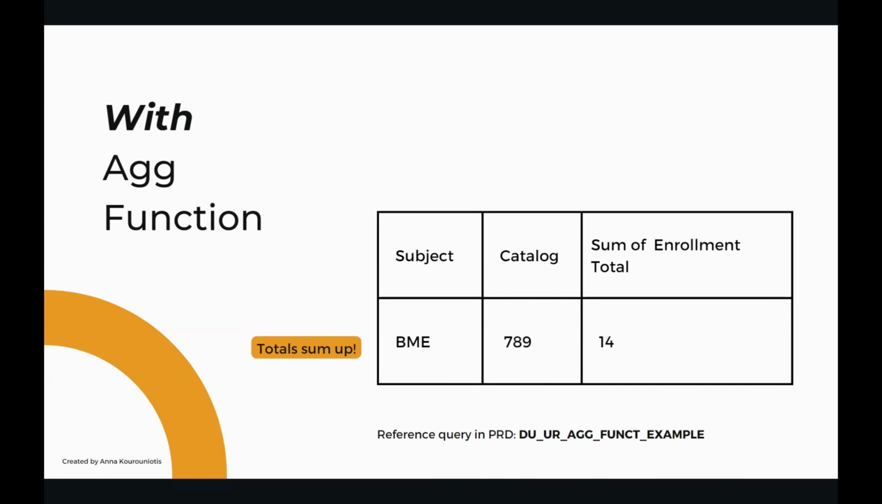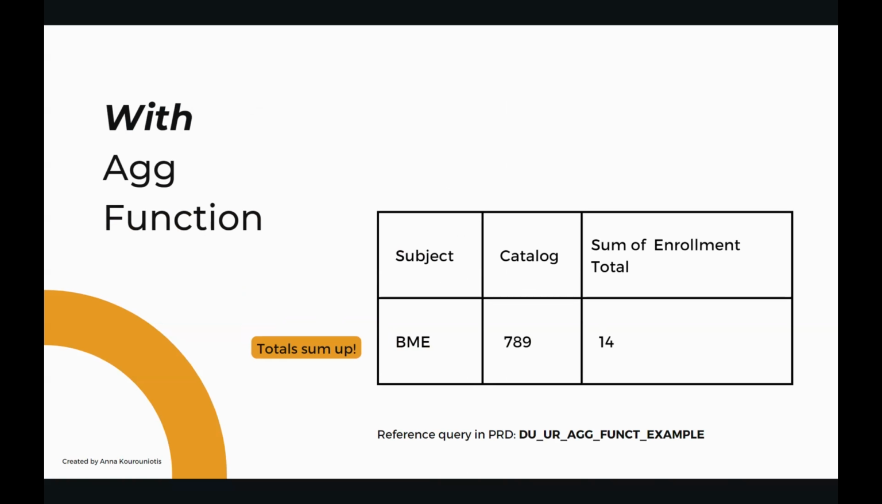However, by applying an aggregate function, such as sum, to the enrollment total field, you can get a summarized view, and here's how that works. PS Query collapses all the rows with the same value in the non-aggregated column, course represented by subject and catalog, into a single row. The value in the enrollment total column is the sum of the amounts from the individual